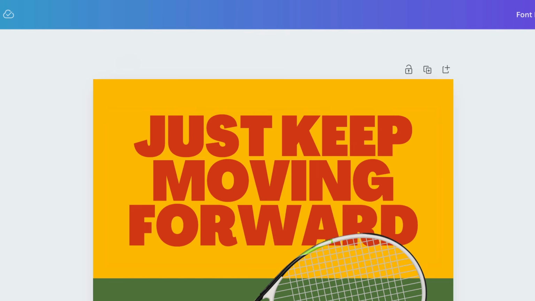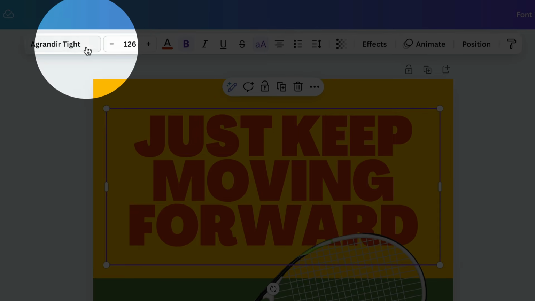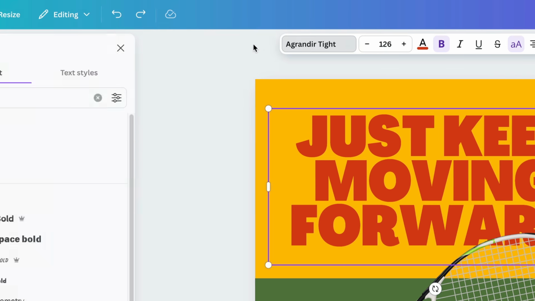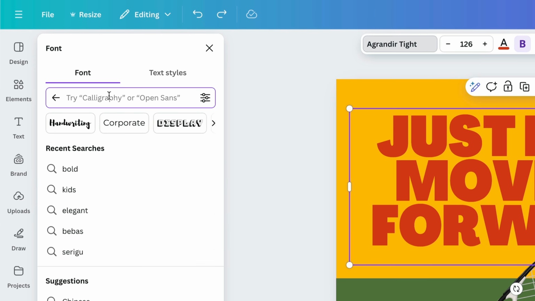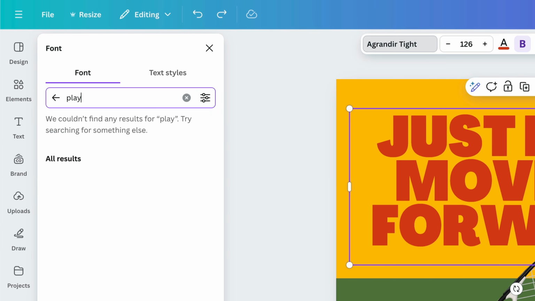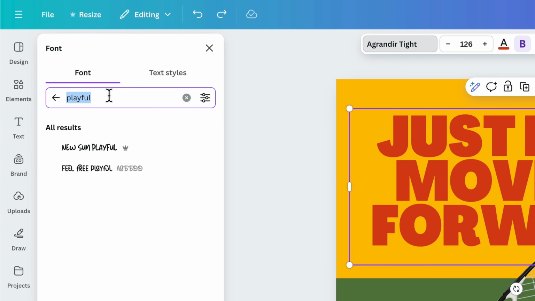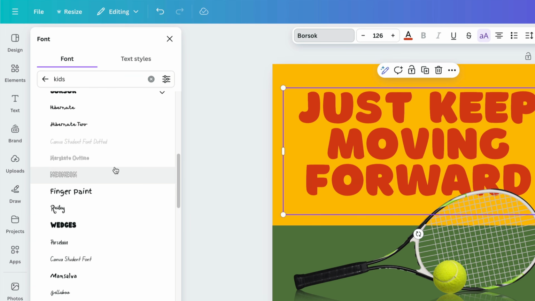Again, because Canva loves keywords so much, we can just select our text block and go up here to our toolbar, and we'll click the font button. And over here, we could also search for anything. Like, let's say that we wanted to search for elegant here, or the same kind of thing if we're looking for something playful, or we're looking for something that's more aimed towards kids, then all of these fonts are going to match that search